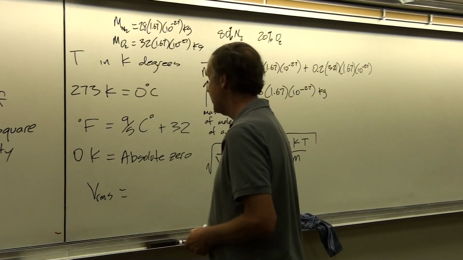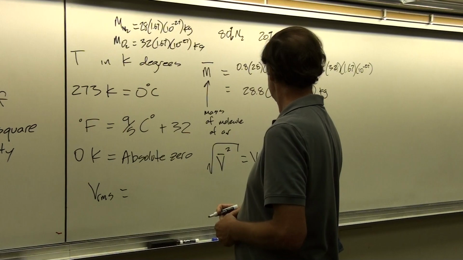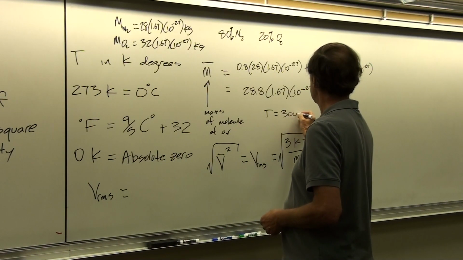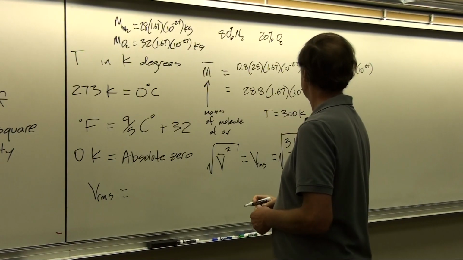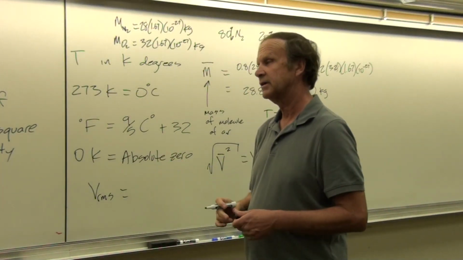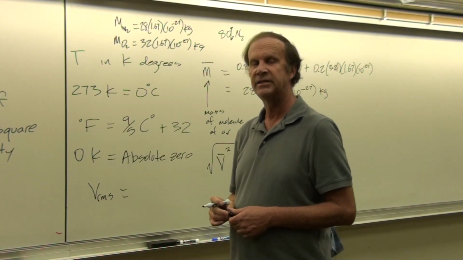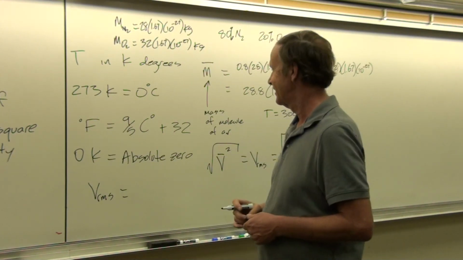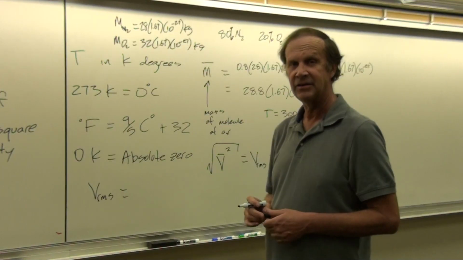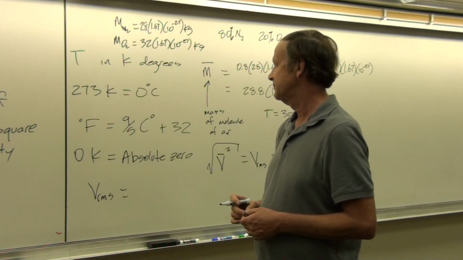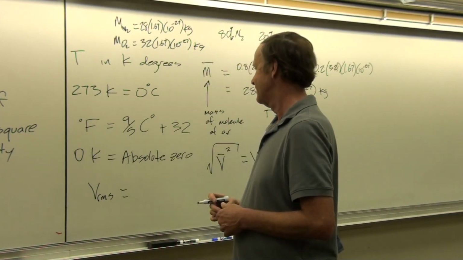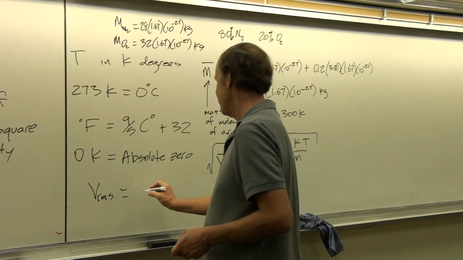a typical velocity of the molecules of air in this room, if T, let's say, is 300 Kelvin, that would be, what, 27 degrees centigrade. We're looking at maybe mid-70s, high 70s. 28 degrees centigrade is something like 80 degrees Fahrenheit. So that's typical for what's going on right now. These are pretty hot days, at least it is today.